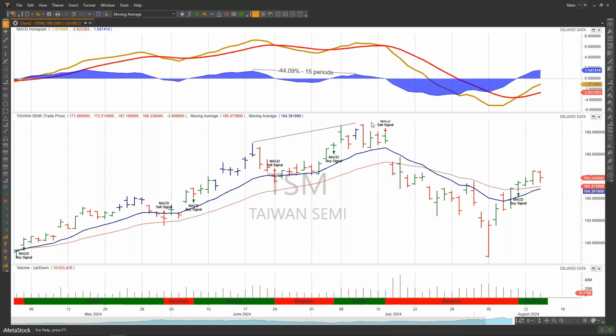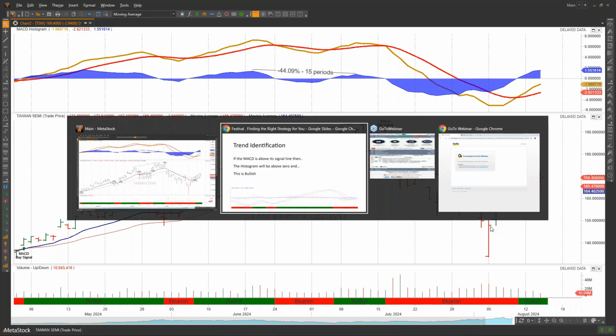When that happens, I believe the exact words that Dr. Alexander Elder uses is, this is a bearish divergence, and you are breaking the backs of the bulls. And he calls it the most powerful signal in all technical analysis. What happened right after that, we had a pretty good correction in this particular stock. Not too long after that, we had a sell signal that was backed by that divergence, and the stock sold off for a little bit. So those are three common methodologies.